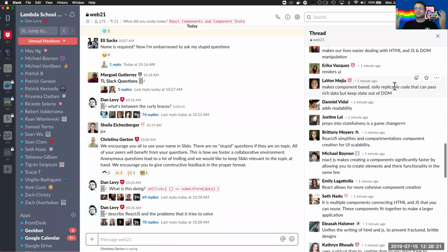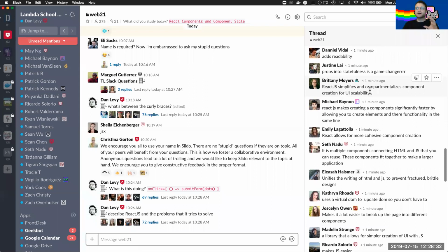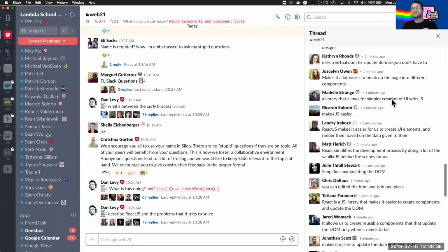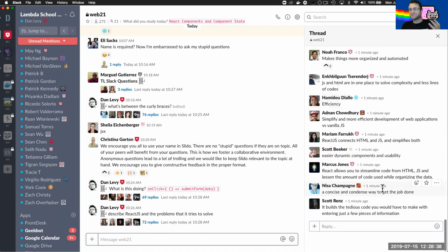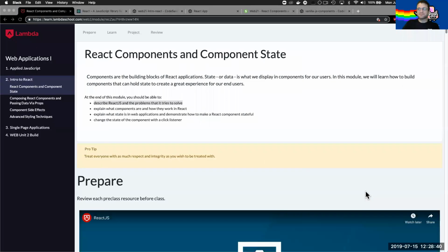Excellent. Yep. Levon, thanks for bringing up components. Exactly. They're about getting you easily replicable code. And part of what makes them, yes, prompt, stateless. Yeah. So, fantastic, everyone. Okay, and so here is